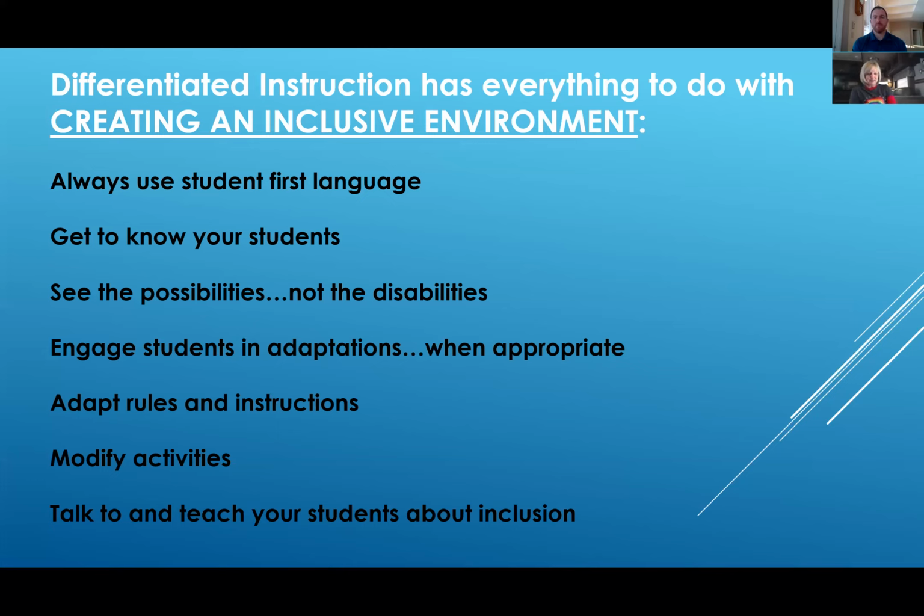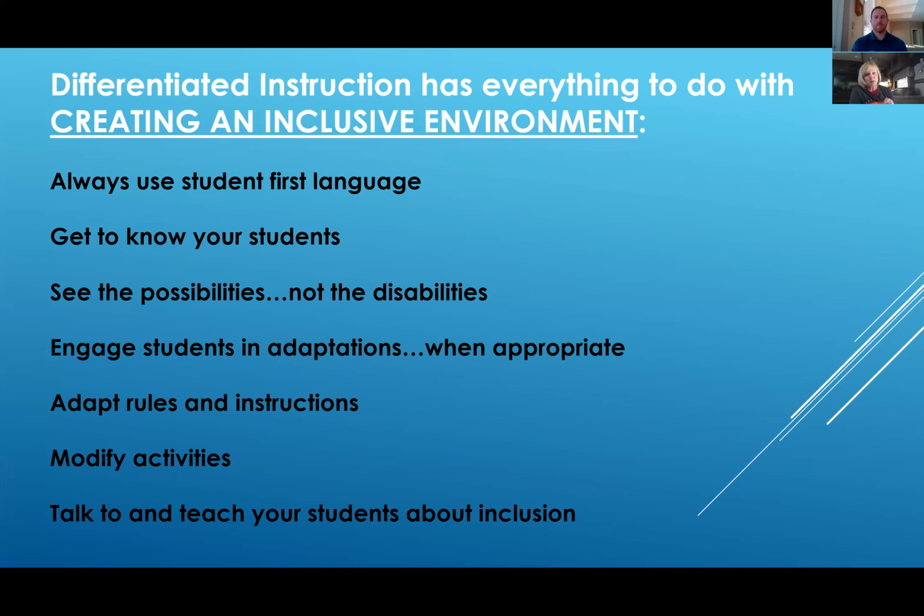I tell my teachers that I work with all the time. Learn everything you can about that specific disability or that situation that student is dealing with. And then I want you to let it go. And I want you to just focus on the possibility, not the disability.